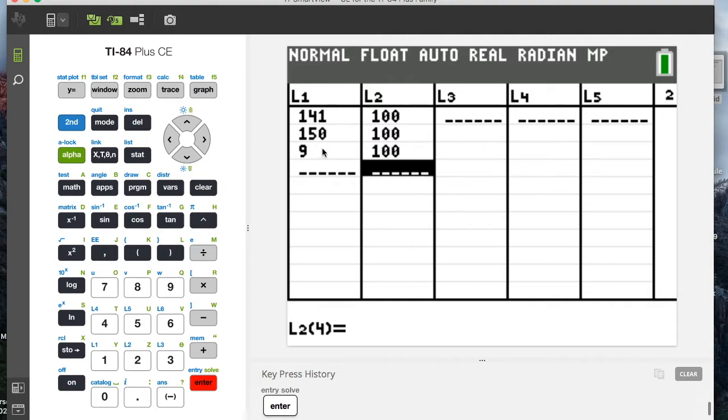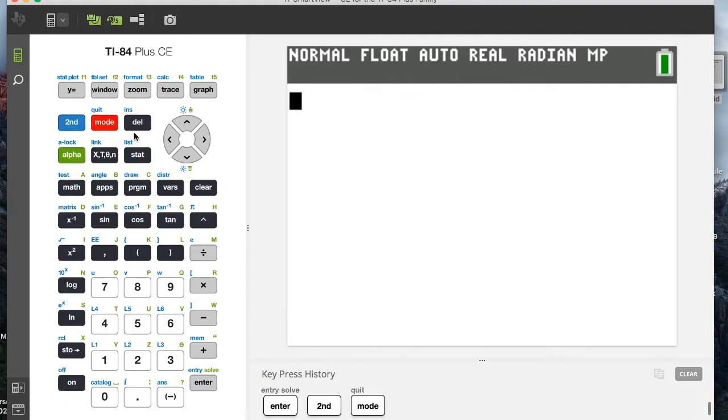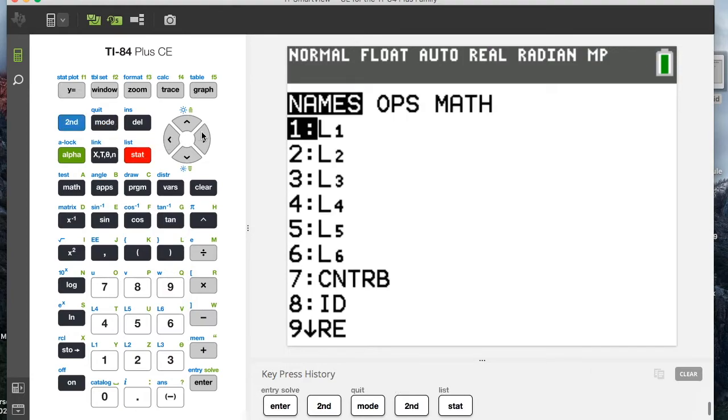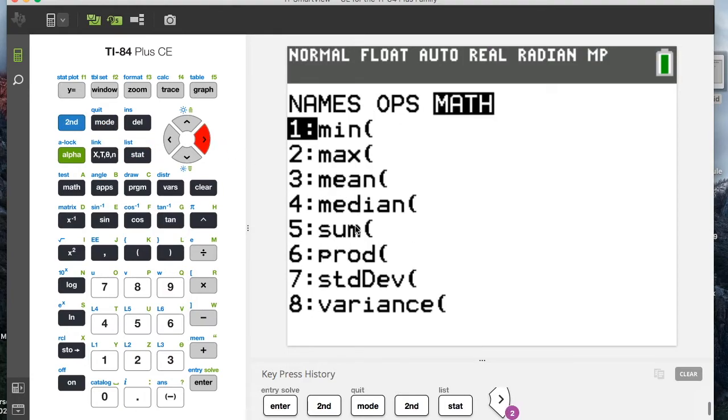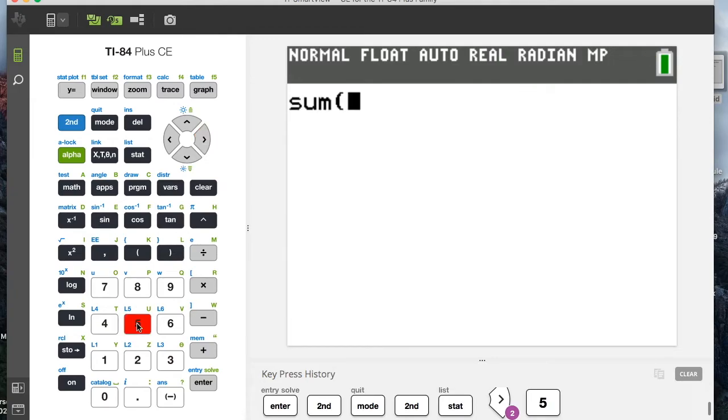Okay, so there's our observed, there's our expected. Second quit. Now the formula was observed minus expected squared divided by expected, and then adding all those up. Do this quickly on your calculator. There's not one function, but you can plug it into the equation. First I'm going to hit second lists and go over to math. And number 5 on my calculator is the sum. This is going to be doing the adding for us. So I'm going to go to number 5, the sum,